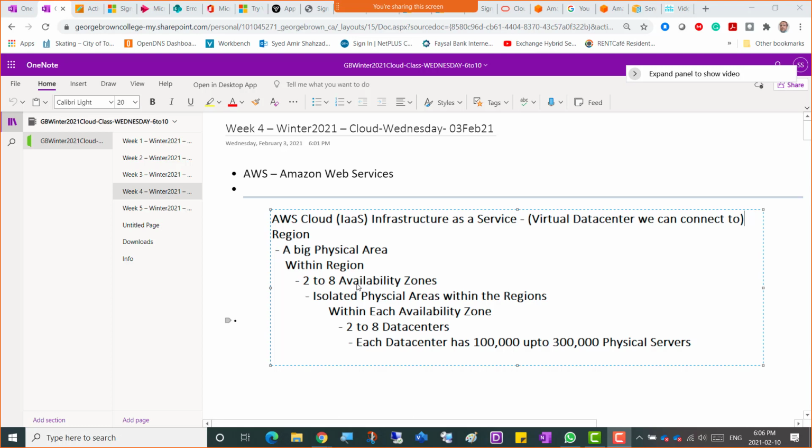That's London, Ontario area. So the data centers are isolated physical areas within the regions, and within each availability zone there are 2 to 8 data centers. So suppose our Greater Toronto area, which is a combination of 5 or 6, 7 cities nearby. So data centers would be just a few kilometers apart from each other to offer redundancy and replication of